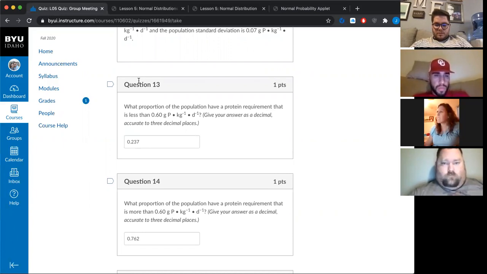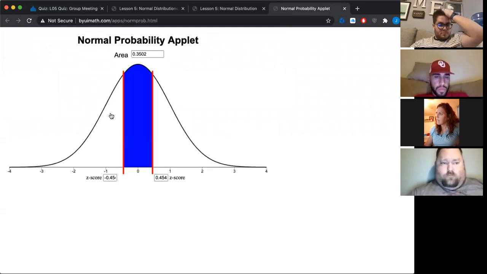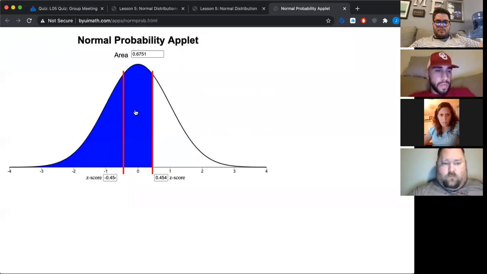How did you get that Z-score? Well, I just put it in the applet here. You put in 35% in the applet in the area, and then what's